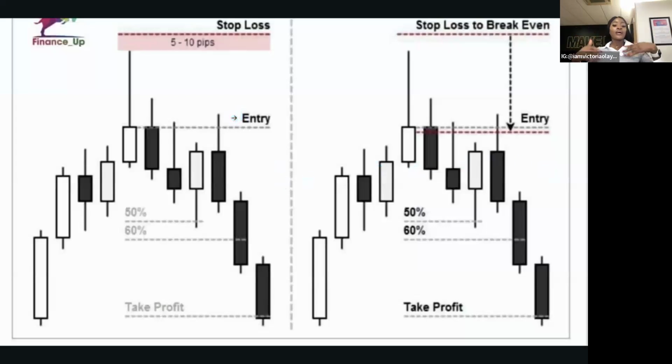So when a trader or one of the educators or anybody that sends the trade idea tells you to move your stop loss to break even, this simply means you're moving your stop loss to entry price, slightly below because of spread. Yeah, you move your stop loss to entry price. So this diagram on my other side, yeah, I moved my stop loss right here, and then I moved it below the entry price if I'm going in for a sell. But if I'm going in for a buy, I move my stop loss right above the entry price.